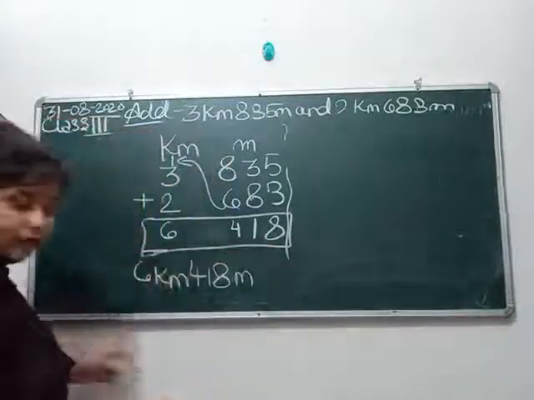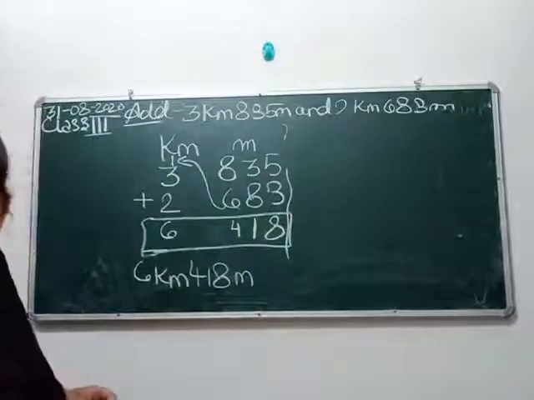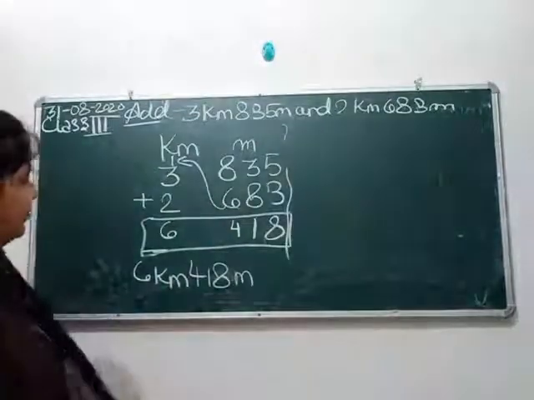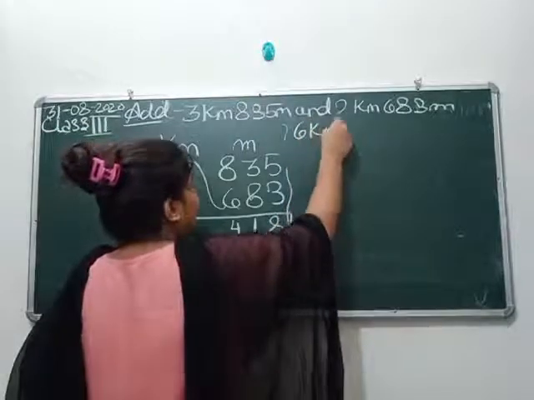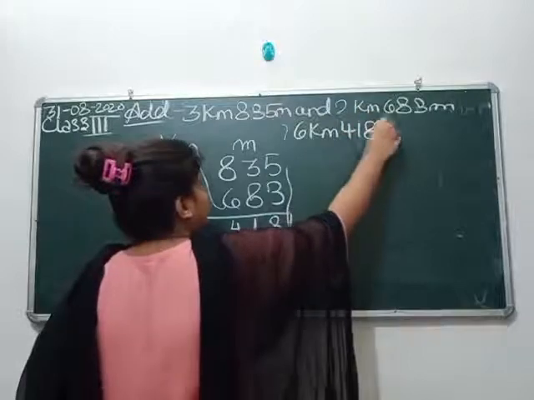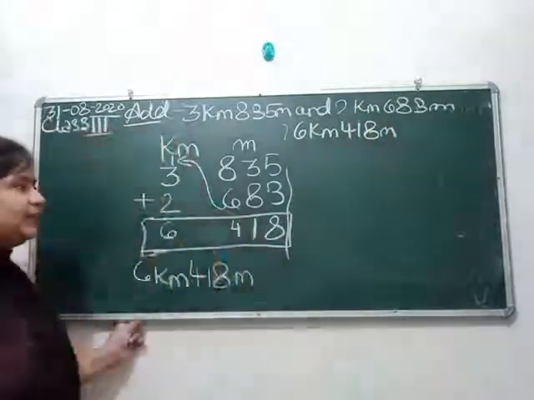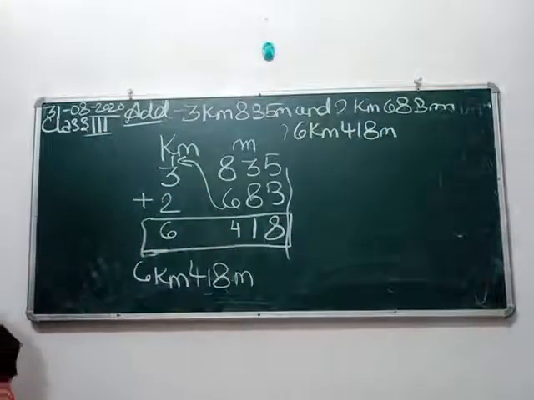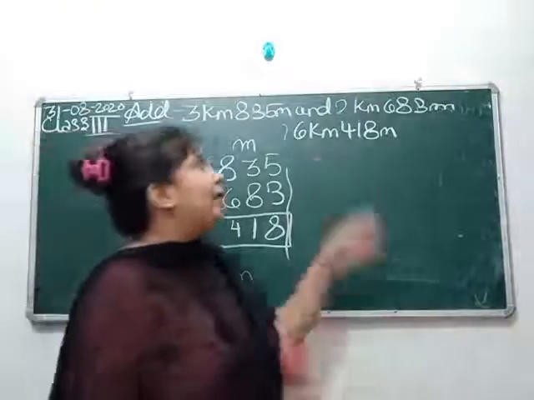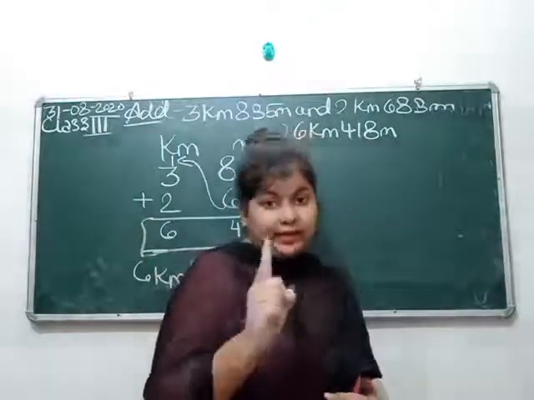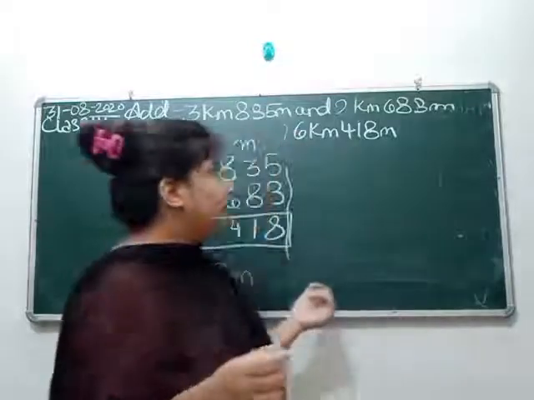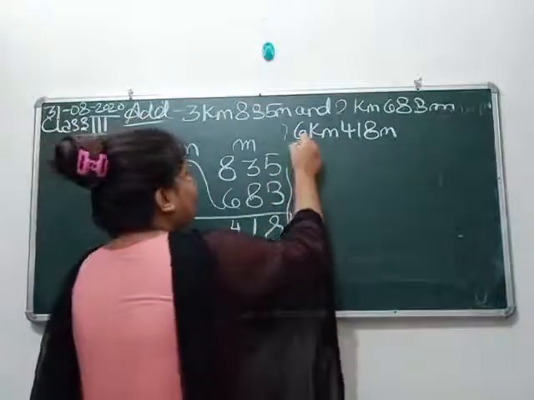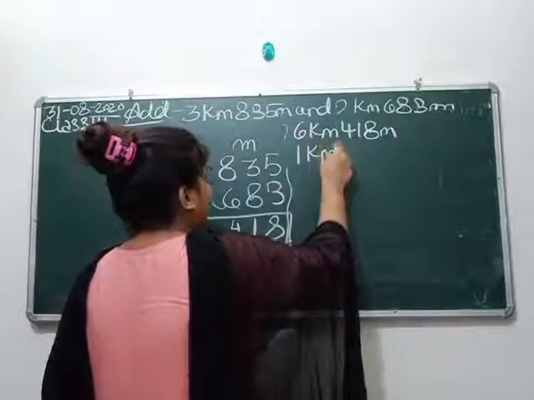Okay, see. So let us recall one more thing. Here we have got the answer 6 kilometer 418 meter. Now if I tell you to convert this answer into meter, what will you do? If I say that here the answer is in both kilometer and meter, but I want the answer in meter, what will you do? How will you convert it? Come on. So first we will write 1 kilometer equals